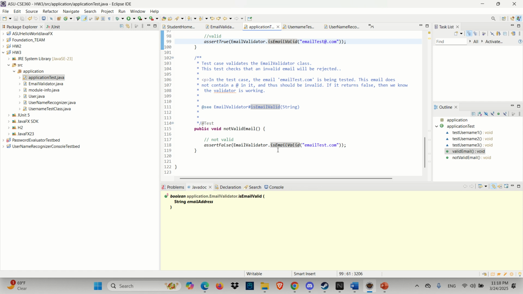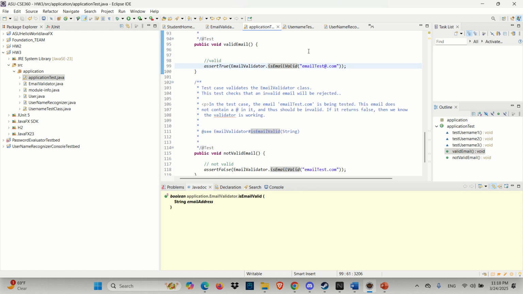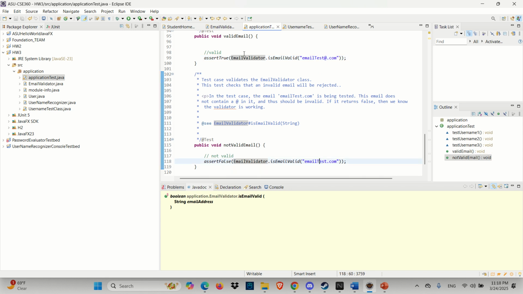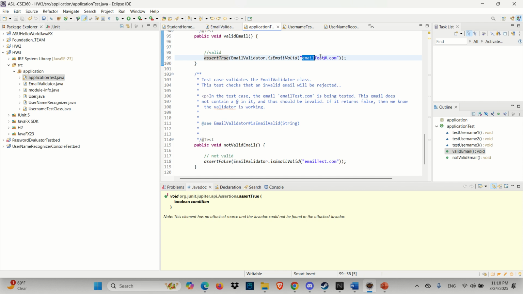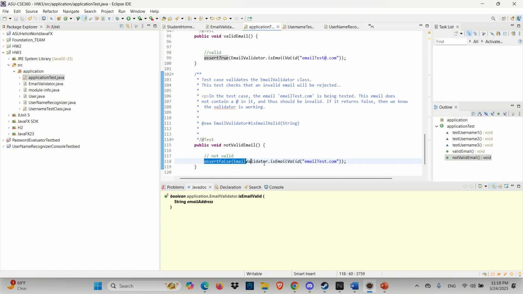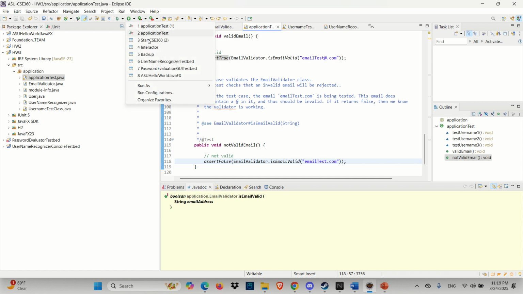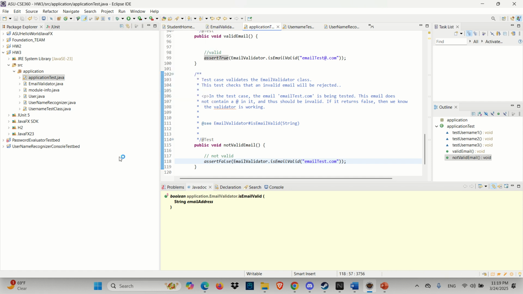These two just send email strings directly to the validator. This one sends a valid email, and this one sends an invalid one. This one expects a true as the output. The main difference between these two is the at symbol, and this one expects a false output from the email validator. If we look at the application tests,